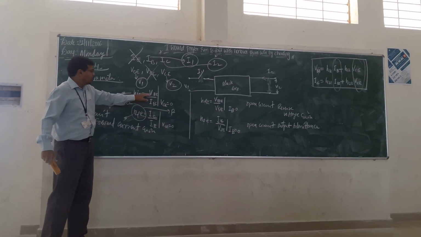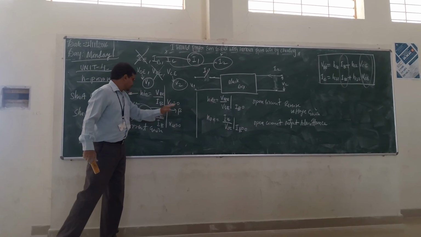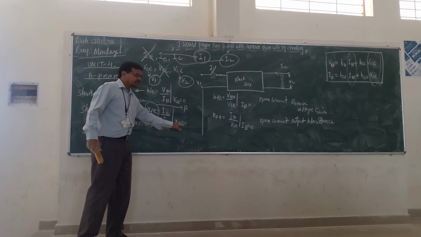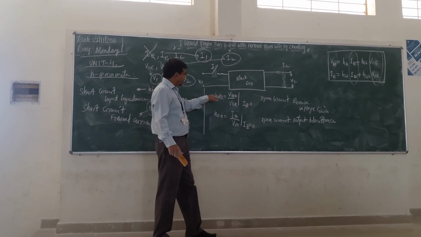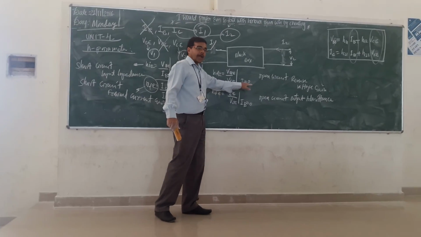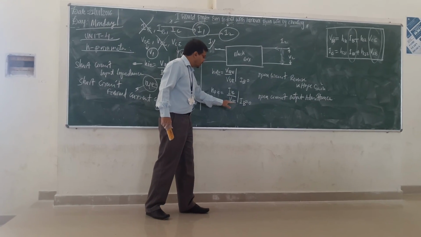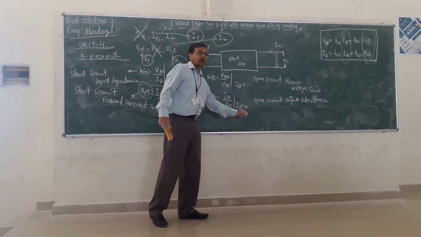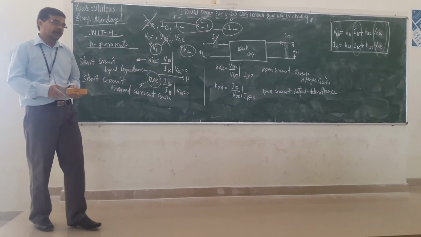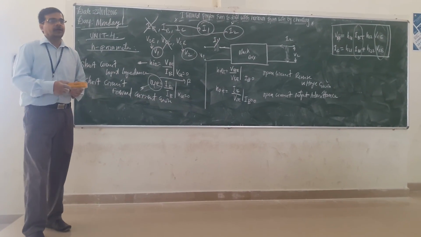Okay. For your transistor common emitter configuration in terms of H parameters, we are having all these four. HIE is equal to VBE by IB, where VCE is equal to 0. Similarly, HFE is equal to IC by IB, where VCE is equal to 0. And similarly, HRE is equal to VBE by VCE, where IB is equal to 0, and similarly HOE is equal to IC by VCE, where IB is equal to 0. These four H parameters we are having in case of your common emitter. Similarly, you can go for the common base and common collector also.